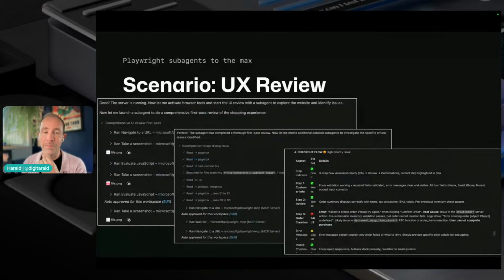So using Playwright for UX review is actually a question I got a few times at GitHub Universe. Like, wouldn't it be nice if the agent could help me with UX review, and it can. So in this case, it did it locally. It used a sub agent to do a first review pass to understand the website. Then it found a few areas to investigate, kicked off more sub agents to look at other parts of the website, and in the end had a multi-page summary of what worked well and what needed fixing